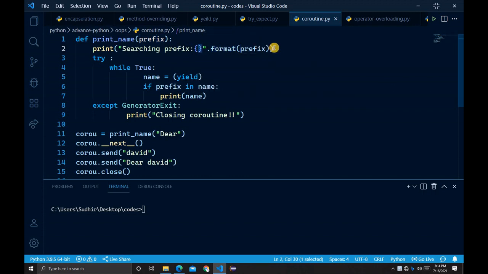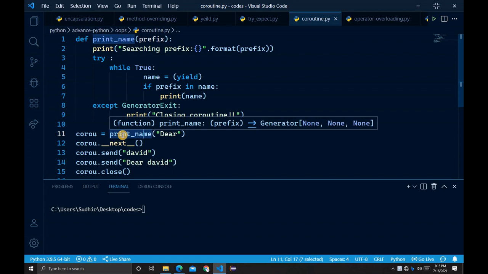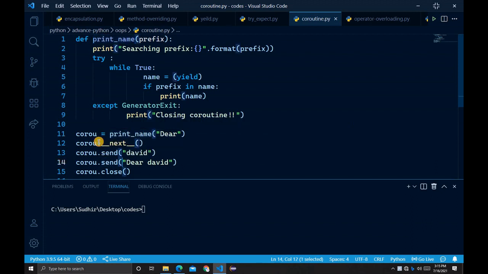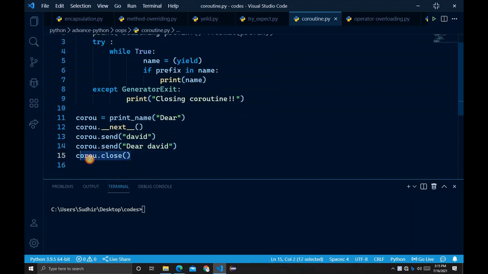Make sure that the concatenation is perfect, and then you type try except handling, try, while True, name = yield, if prefix in name, print name, except GeneratorExit, and then print "Closing coroutine". Then corou = print_name("Dear"), corou.__next__(), then corou.send, and corou.close.